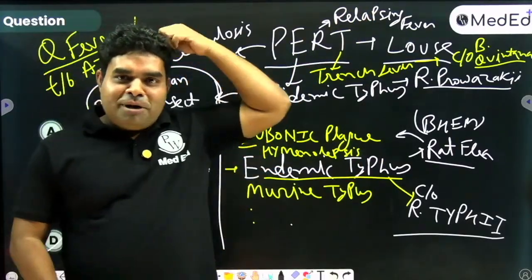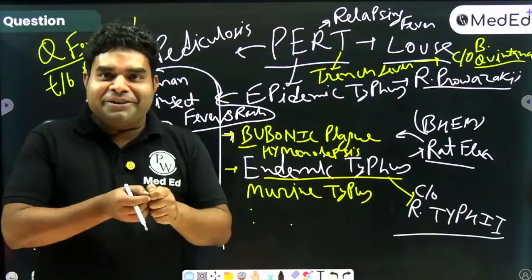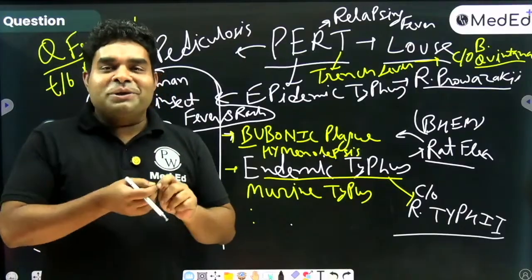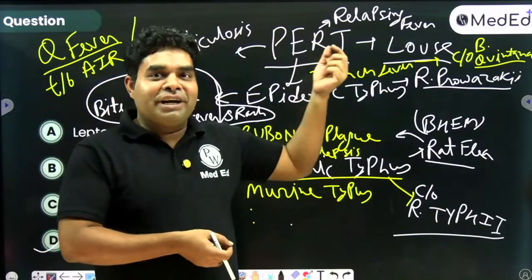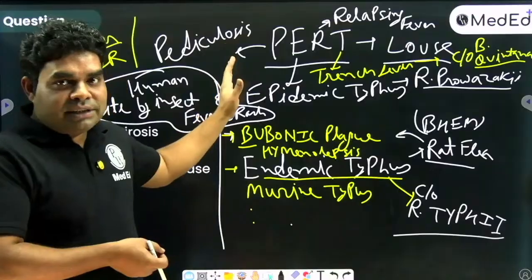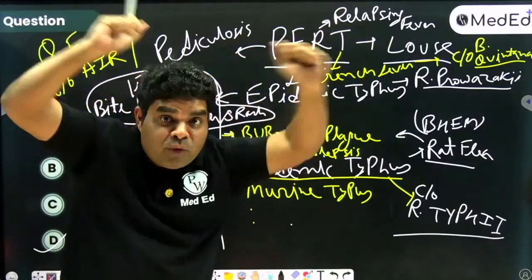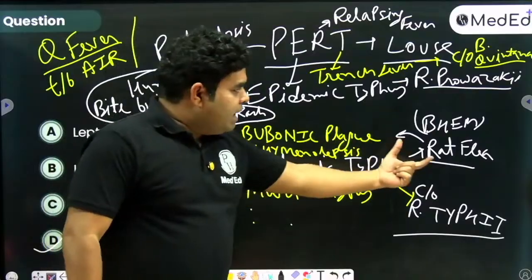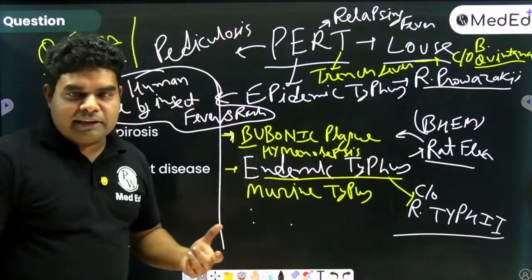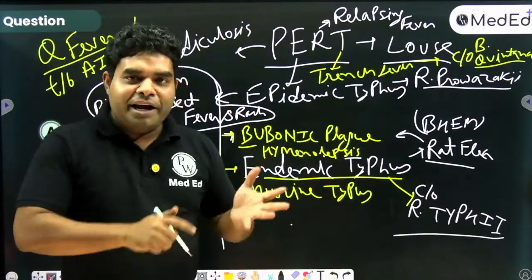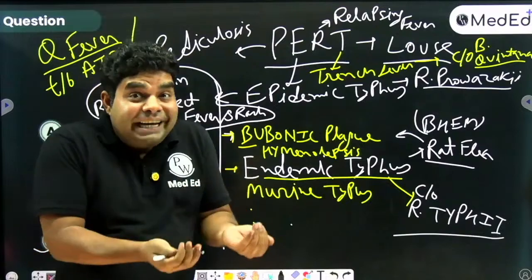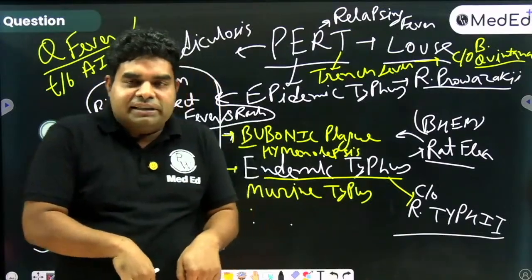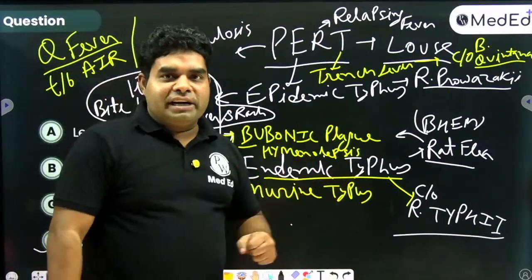लाउज आपको भी याद होगा, बचपन में जब आप सर से निकाल के मारते थे तो क्या आवाज आता था? पट। तो इसलिए लाउज का निमोनिक है, जू का निमोनिक है पट। पेडिकुलोसिस, इपीडेमिक टाइफस बाय प्रोवाजेकी, रिलैप्सिंग फीवर और ट्रेंच फीवर। दूसरा मैंने बताया रैट फ्लिया में भेम याद कर सकते हैं बड़ा आसानी से, उसके ऊपर भीम बैठा हुआ है। बुबोनिक प्लेग, हाइमेनोलेपिस, एंडेमिक टाइफस जो रिकेटसिया टाइफी से होगा, और उसी का दूसरा नाम है म्यूरिन टाइफस।